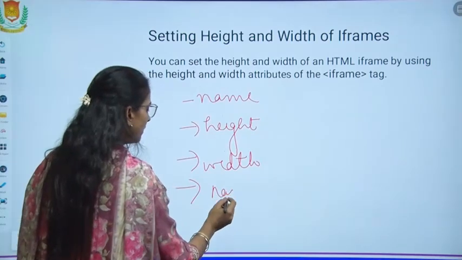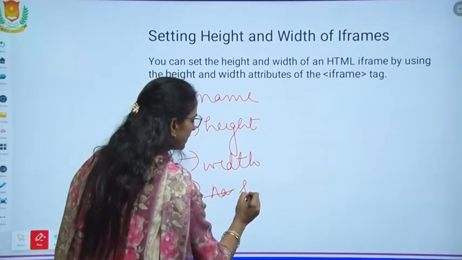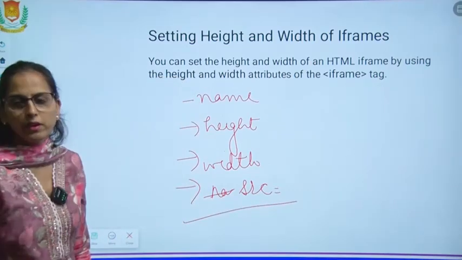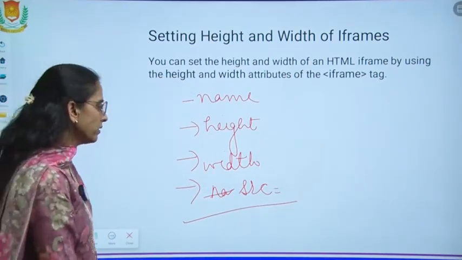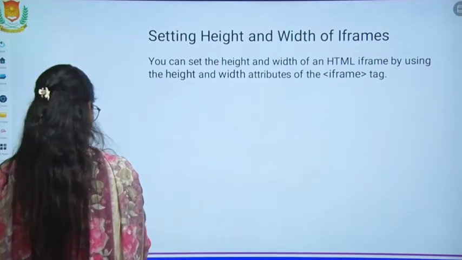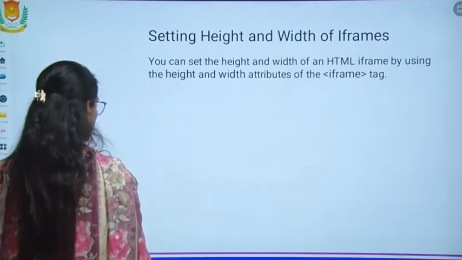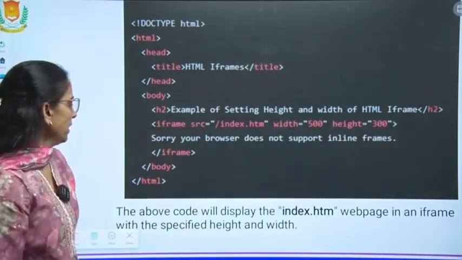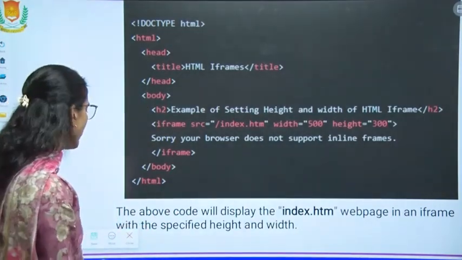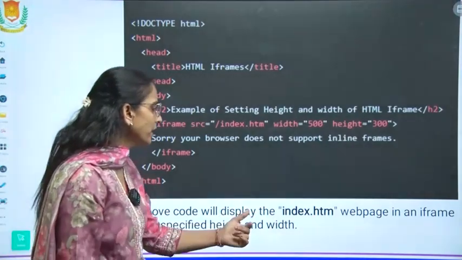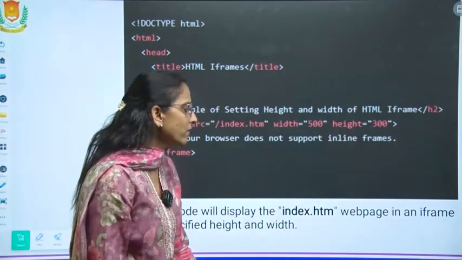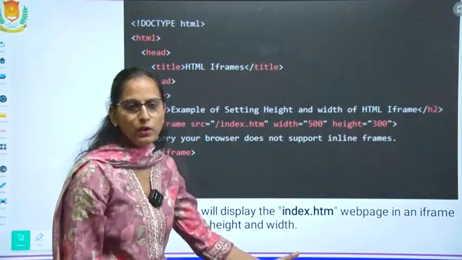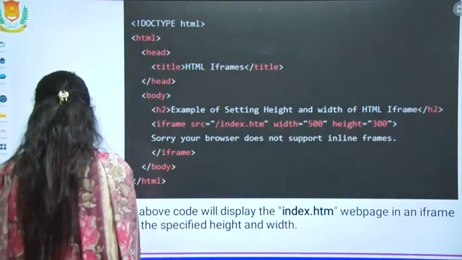And the SRC, the most important and mandatory attribute. So this is the way you can insert it; this is the sample code given there. The above given code will display the index.html web page in an iframe with the specified height and width. So this is the example given there.